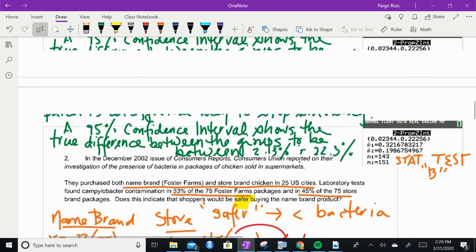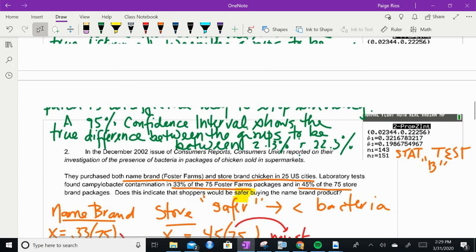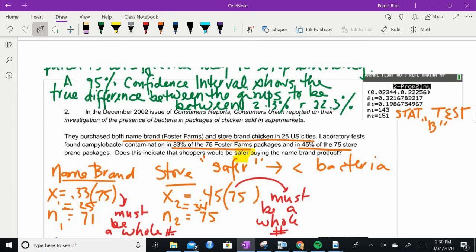So the next thing I did is I went ahead and I went to stat test B, because the data is already in there, and calculated a 95% confidence interval. So my confidence interval shows me that the true difference in proportions, I'm 95% confident that it's between 2.3 and 22.3% between those two groups. So the group with the counseling can be anywhere from 2% more effective to a little